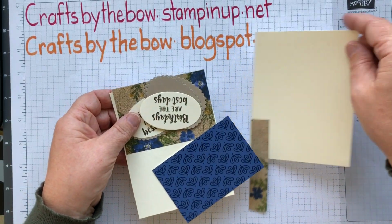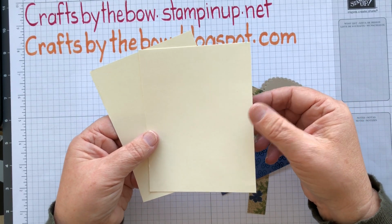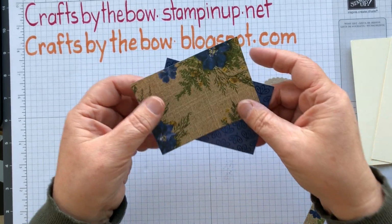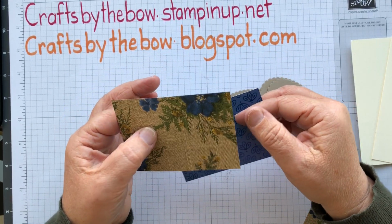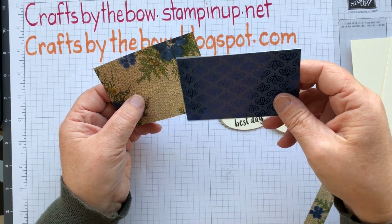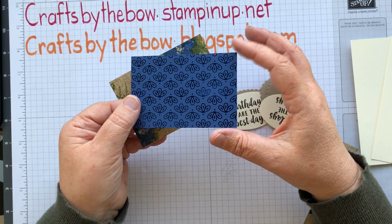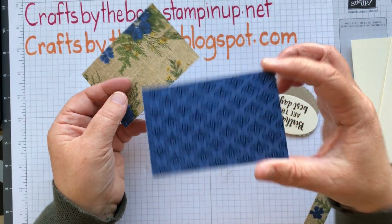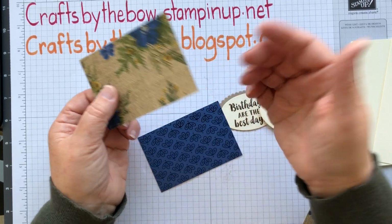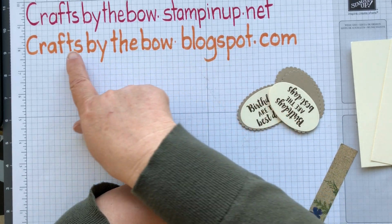Okay, now I have 2 pieces of Very Vanilla, and they're both cut at 5 1/4 by 4. I have 2 pieces of DSP for the front, and one is slightly bigger. They're cut at 3 7/8 across, and then the smallest, the metallic-y paper or card, is cut at 2.5 inches, and the paper, which is from the press petals, is cut at 2 3/4 inches. I will put all the sizings on this part of my blog,